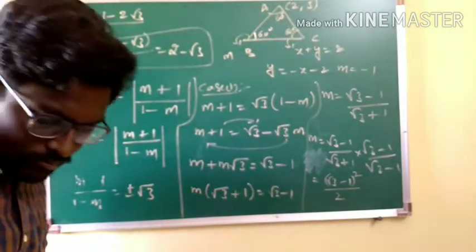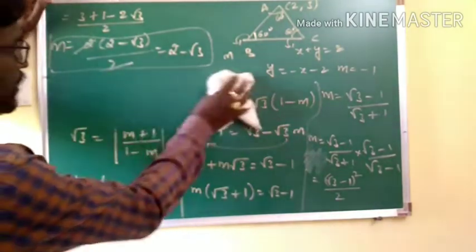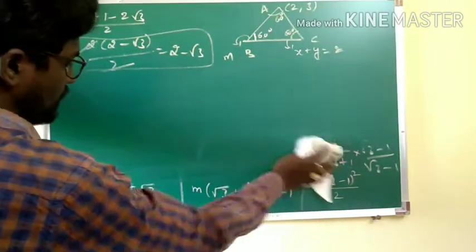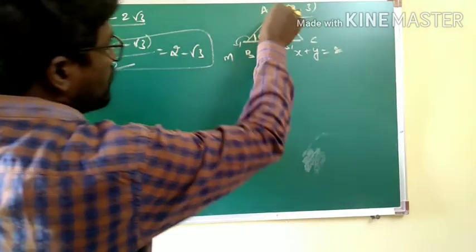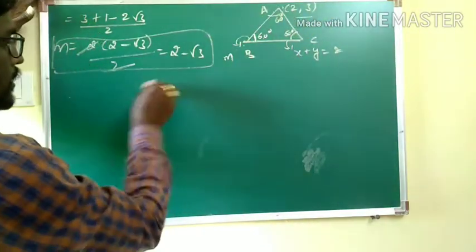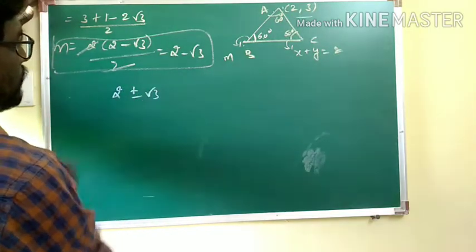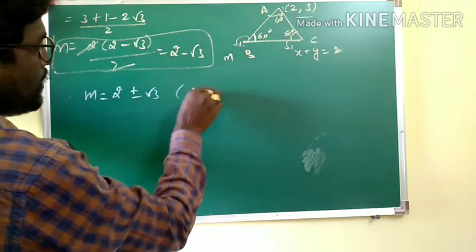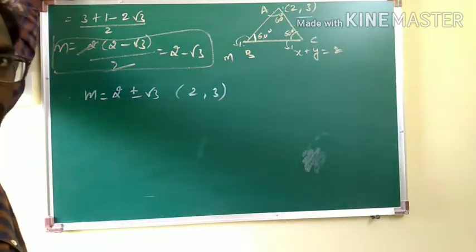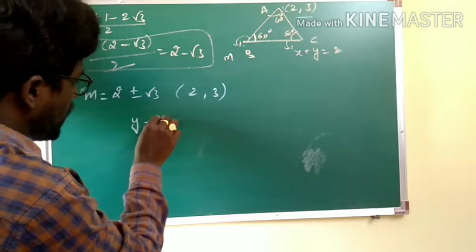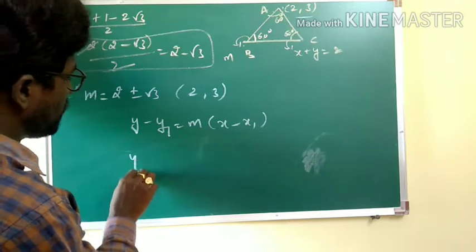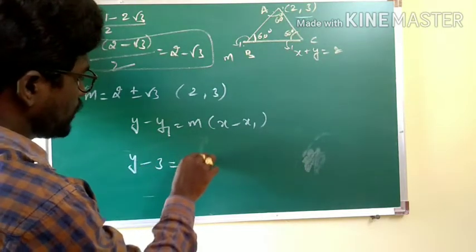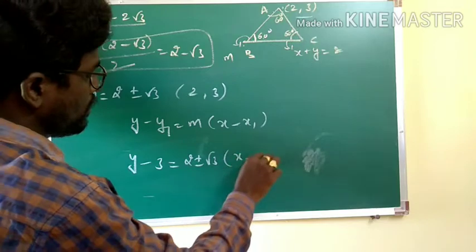Okay. Then, what is the next part? Here we have got the slopes in two different cases. After getting the slopes in two different cases, we are already aware that these two lines are passing through 2 comma 3 and the slopes are 2 plus or minus root 3. M is equal to 2 plus or minus root 3. And the point is 2 comma 3. Therefore, what is the point and slope formula? y minus y1 is equal to m into x minus x1. Therefore, y minus y1, that is 3, is equal to 2 plus or minus root 3 into x minus 2,